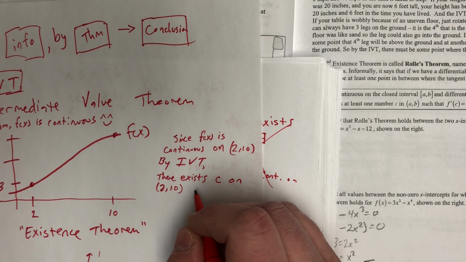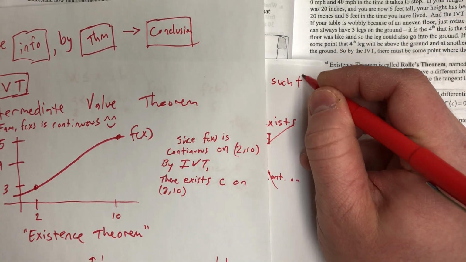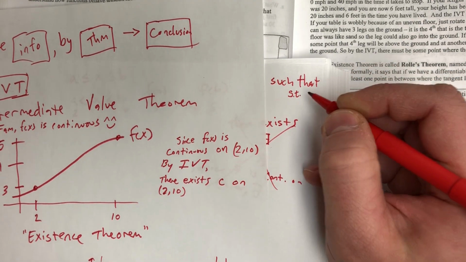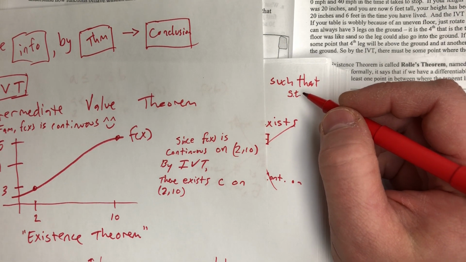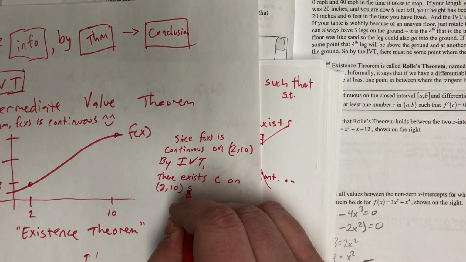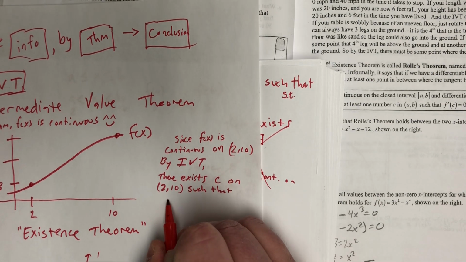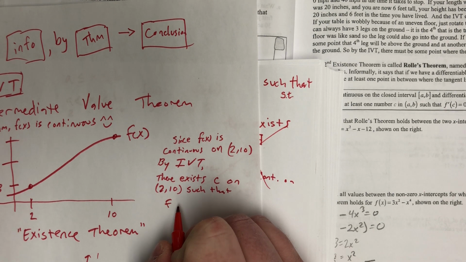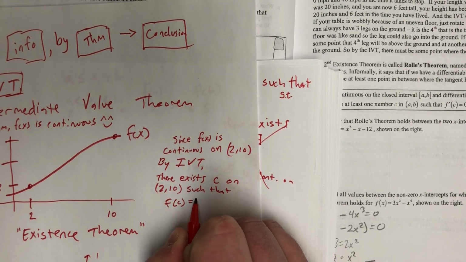Oh, here's another one. Such that. A nice abbreviation for such that is ST. This is another very common one. You see that in math textbooks even. They'll write ST because you write such that so often. Such that, and I could say f of C equals 4